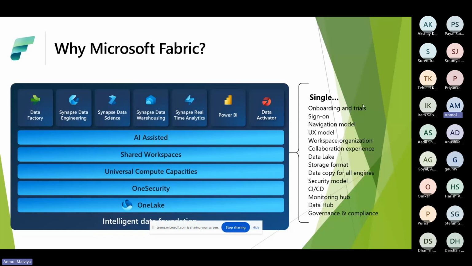So what Microsoft Fabric does is it brings everything together under one umbrella, so that when you are managing an entire organization, you can use one tool or one platform rather than multiple different things. And also the data is stored in a single place only. Earlier, let's suppose in a project, there are multiple sources for data storage.